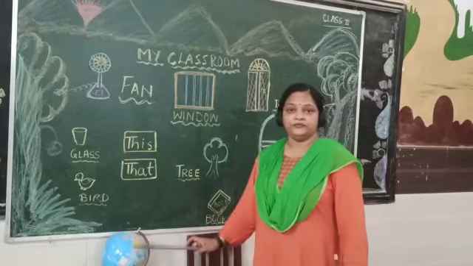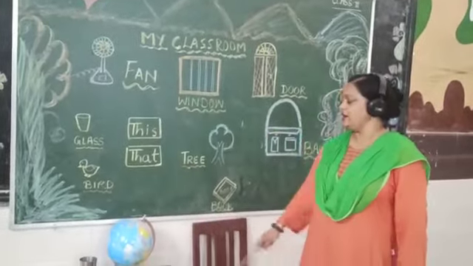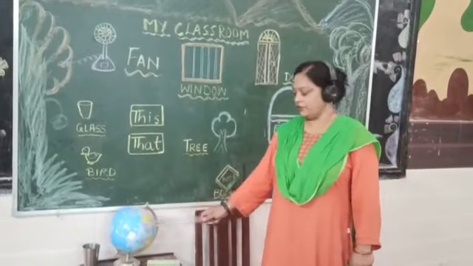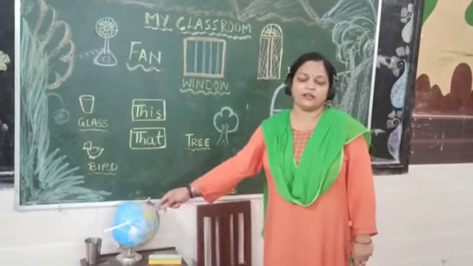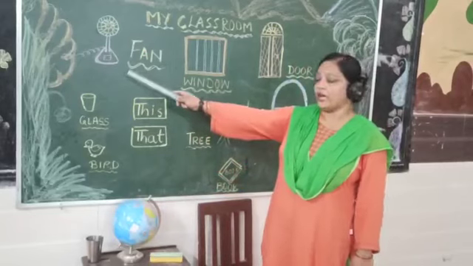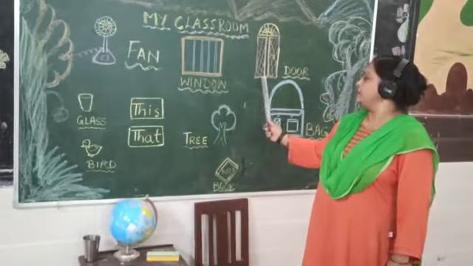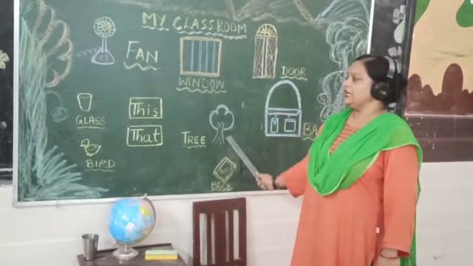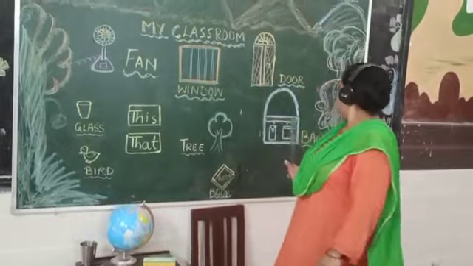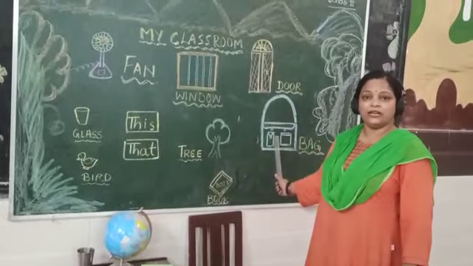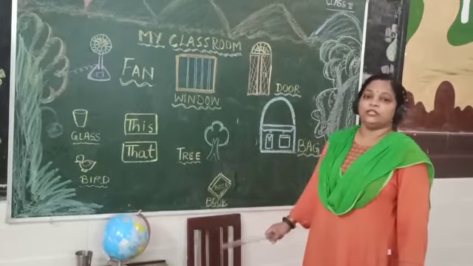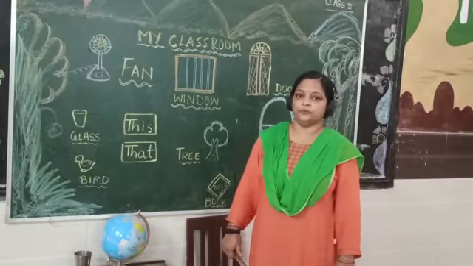Now, we have desk, we have chair, we can have floor, we can have duster, we can have glass too, then fan or window we have in our classroom, we have door, then tree, we have bags, we all have bags, right? Books. So these are objects we have in our classroom.